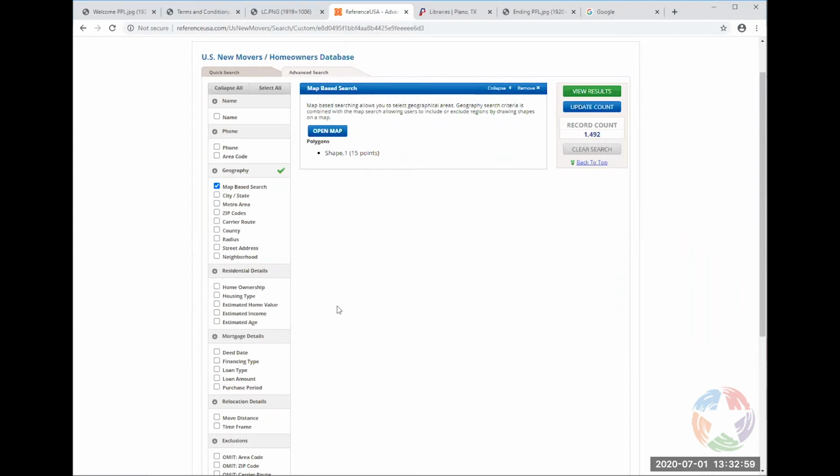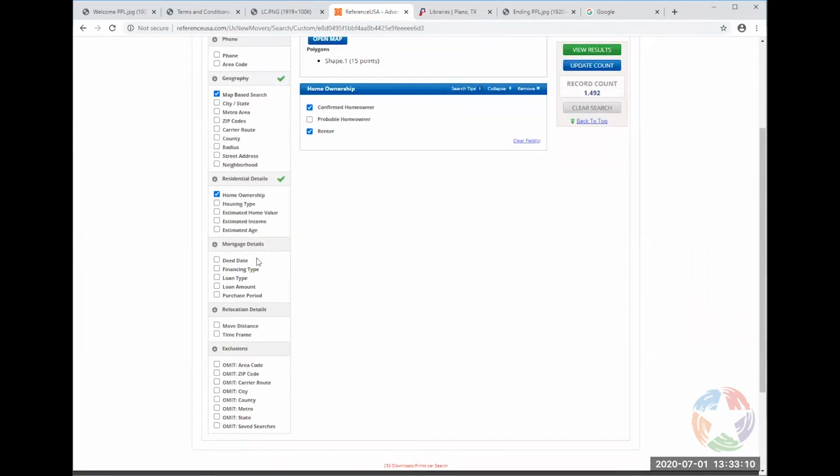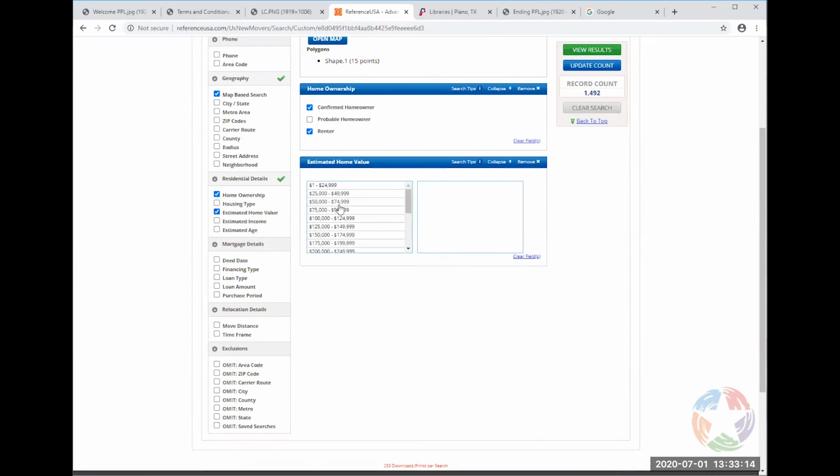We could then come in here and choose home ownership. We want a confirmed homeowner, or maybe we want renters. Who knows? We might come down here and decide that we want estimated home values. So we only want people whose home value is more than $125,000.